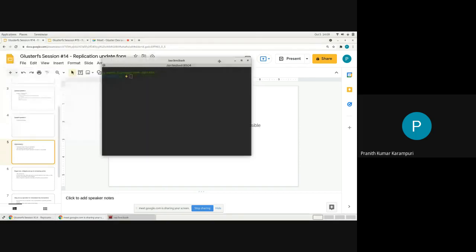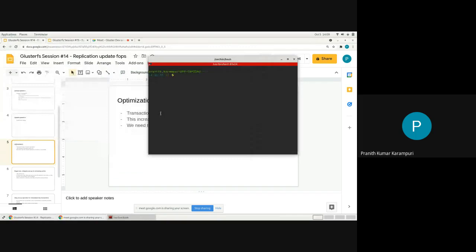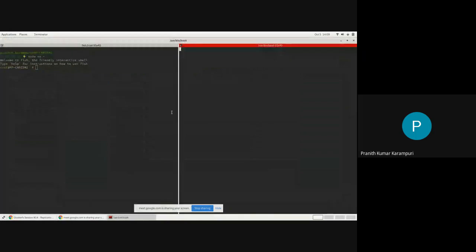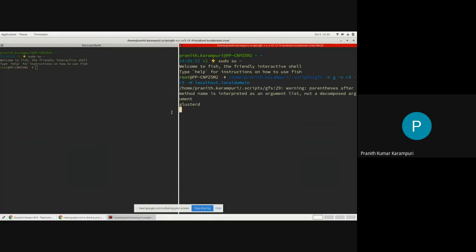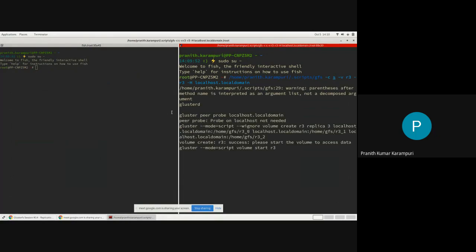So for that, what GlusterFS did is to introduce streaming eager lock and delayed post-op, using which you can reduce the number of operations over the network. So for example, let's say